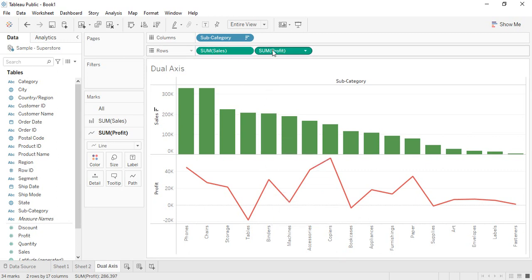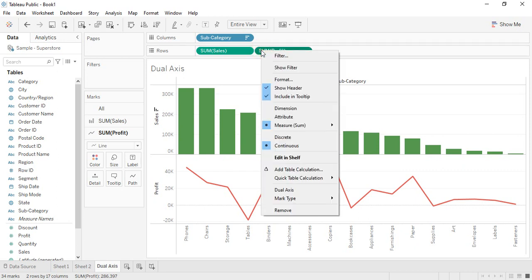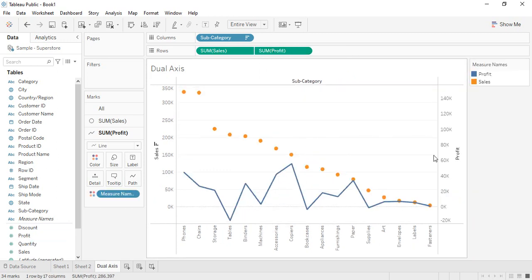What you need to do is go here, right click on any one of those pills, and there is this option, dual axis. You can simply click on that, and that's it. Although there have been some changes, like the color changes, so let me rework them.